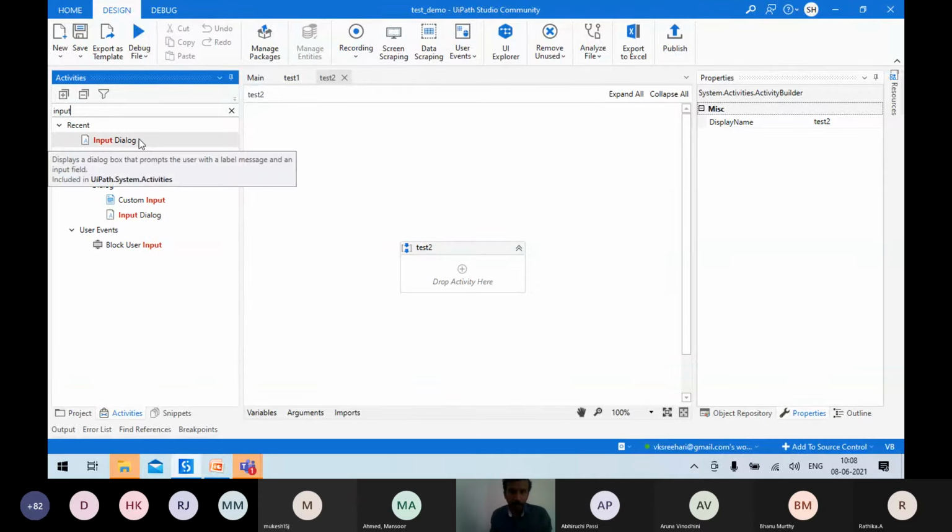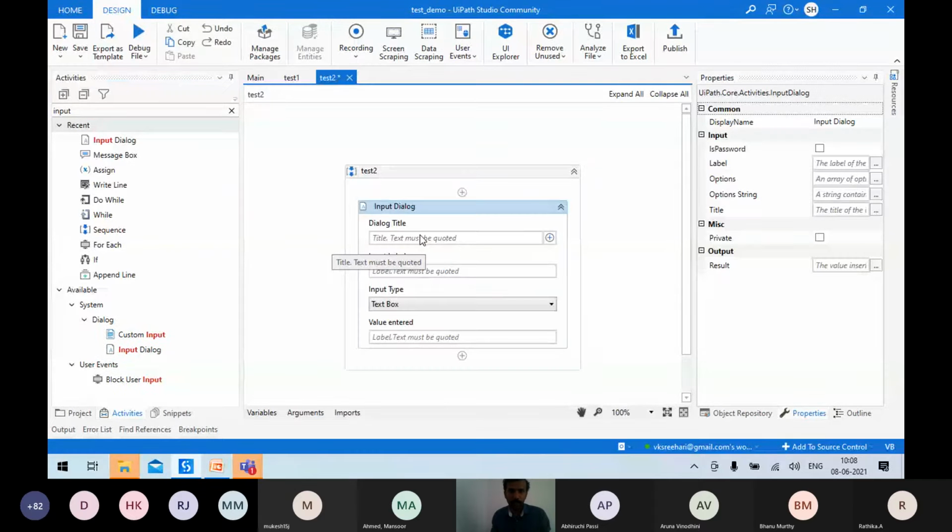You'll see an input dialog, maybe under dialog. Just click on that input dialog and drop it here. You'll see some fields here. You have to enter the fields. Whatever you enter here, you have to put it in double quotes.